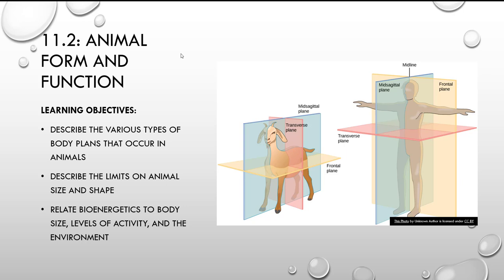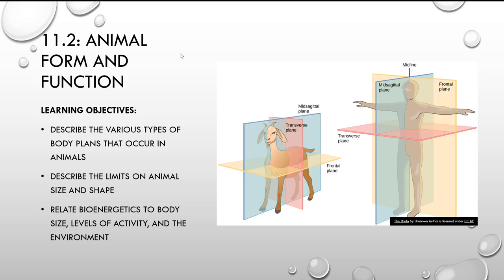Each organism, we each have a distinct body plan that limits the size and shape. So we're going to describe the various types of body plans that occur in animals and the limits on animal size and shape. We'll also relate bioenergetics to body size, level of activity, and the environment, so that we can see how